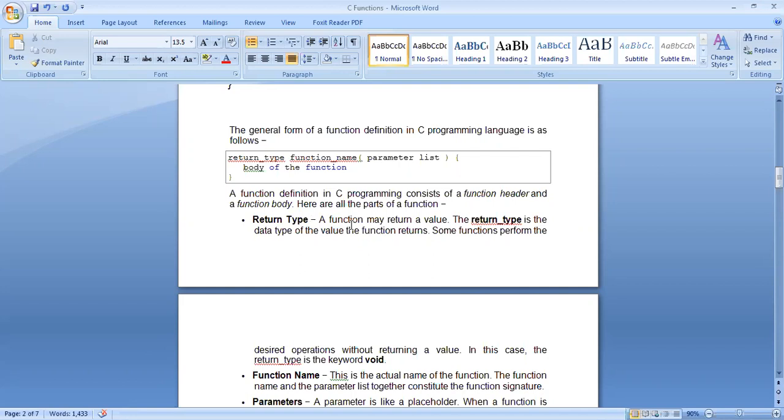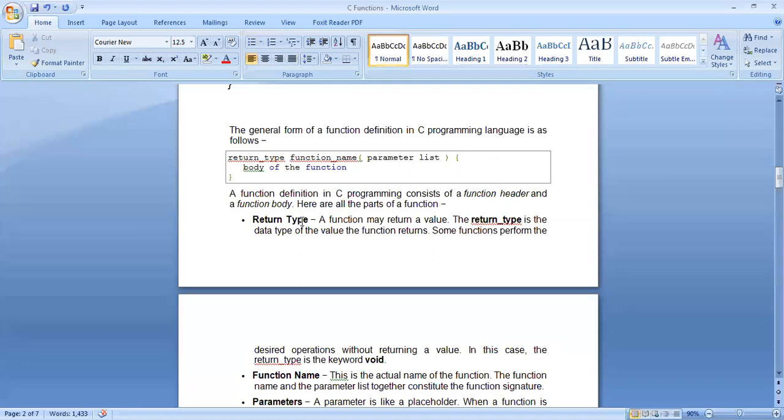So once this function is called, the function will serve its purpose, the function will perform the task, and at the end the function will return a value back to whoever has called it. That is what a return type is. Whatever value that function will return at the end, that type we must mention at the beginning. And I told you already once, if you remember, that we don't call this data type, we call this return type, because there's a reason.